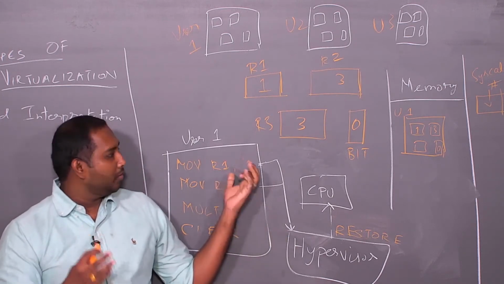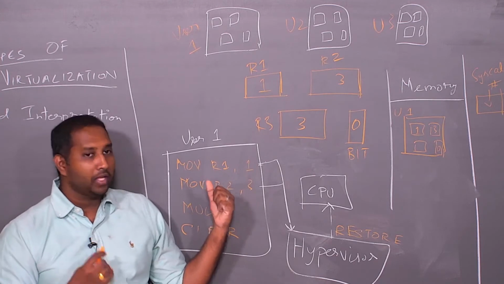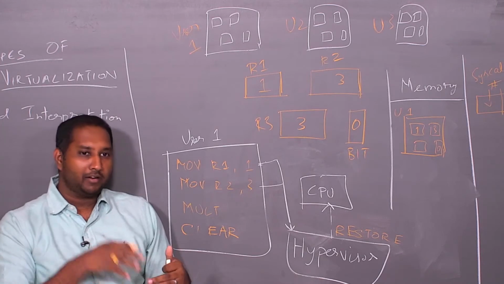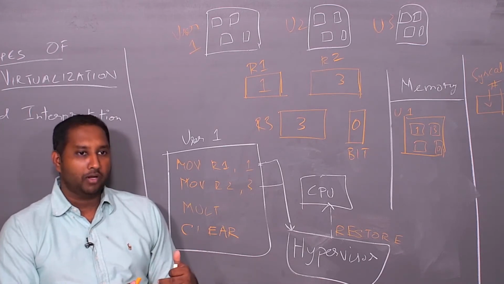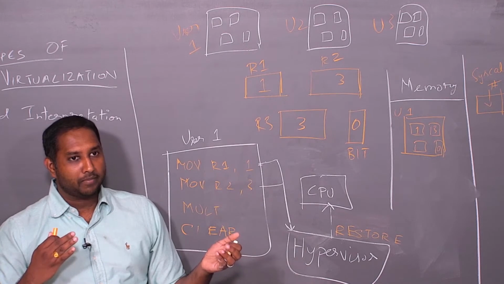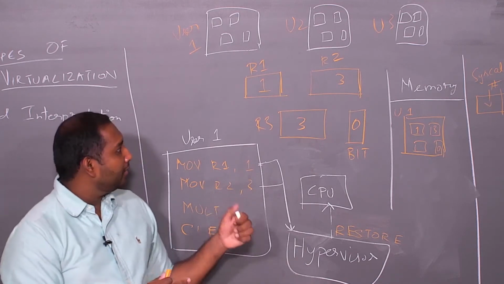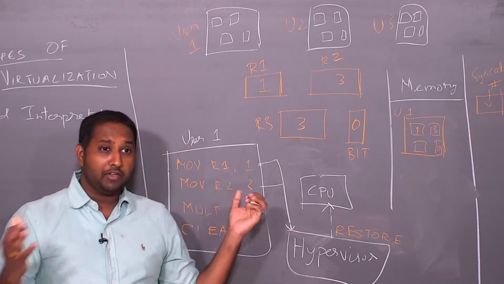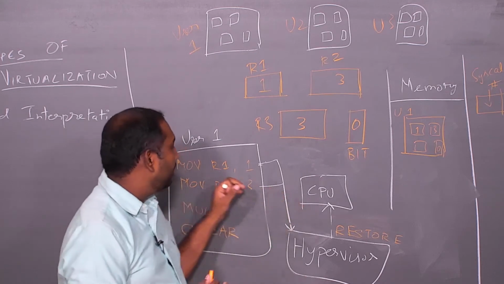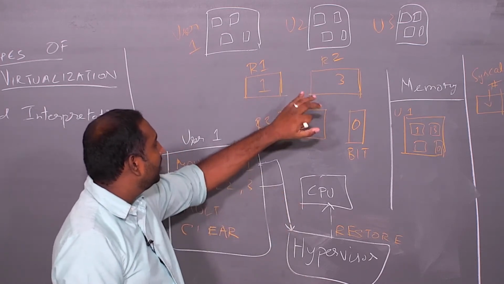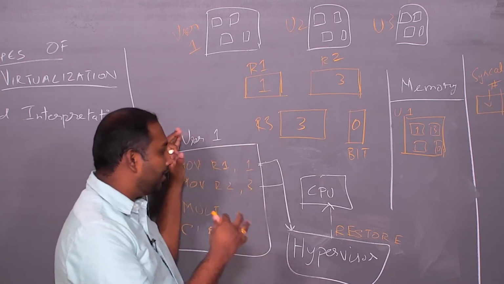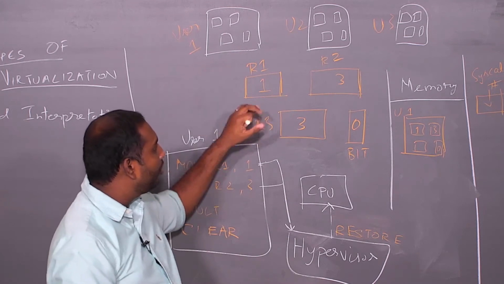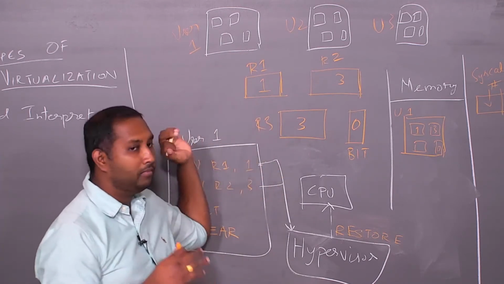Every instruction that user 1 or basically any other user is executing, we trap, right? We trap and we interpret what it is that they're trying to do, and then we actually do it for them. So that's what hosted interpretation means, right? In hosted interpretation, the hardware that you're trying to emulate on the physical hardware can be actually wildly different, right? For example, in this particular example, we have similar hardware for the imaginary world and the physical machine that we have, but you can imagine that you can have more registers in your virtual world,